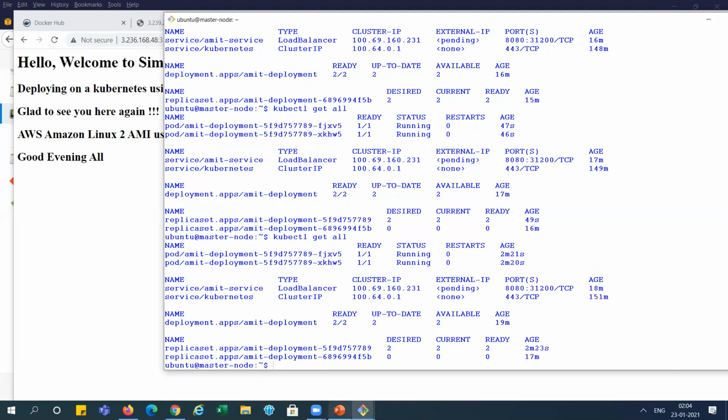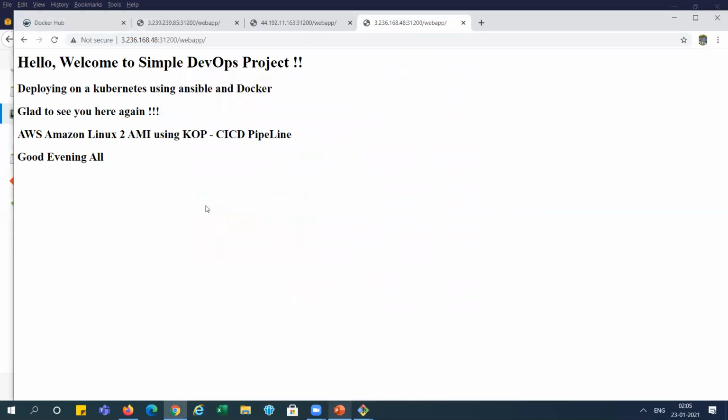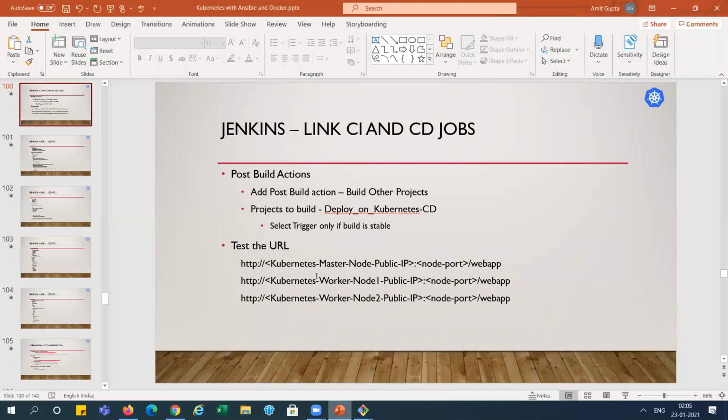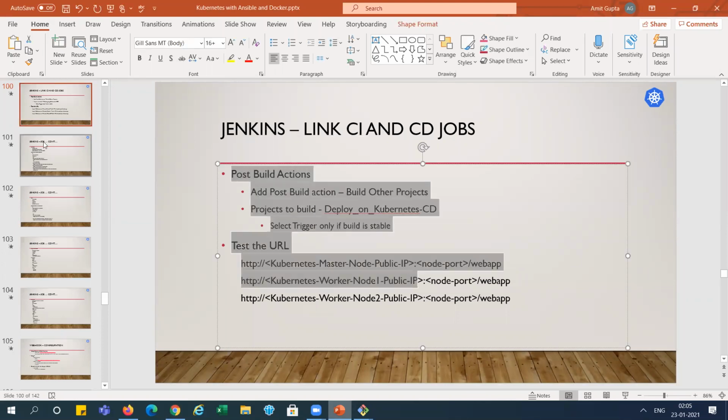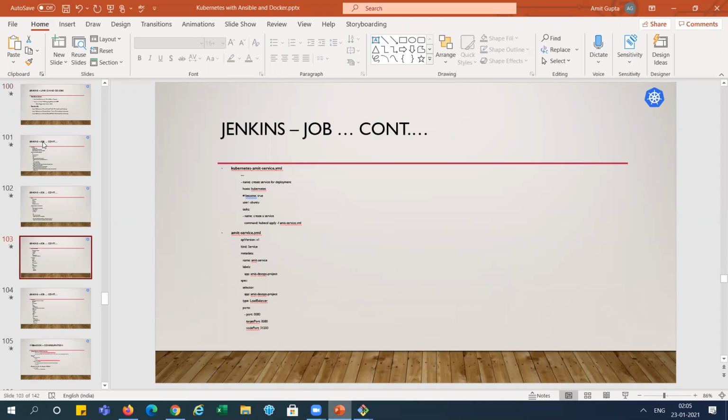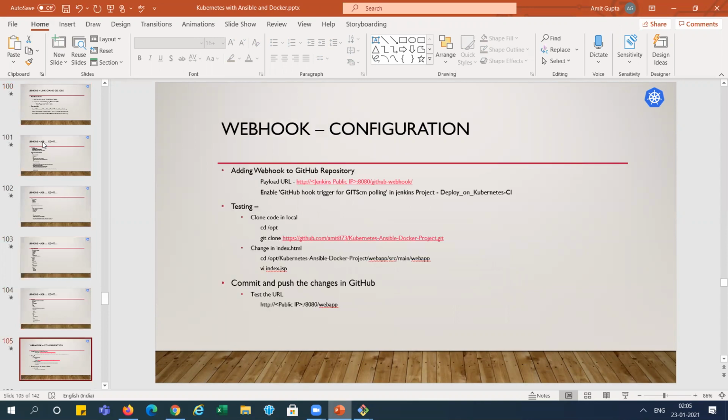So you can see the same thing is showing. You can see now it is showing 2 minutes 21 seconds, right? See, this is the new deployment, and the changes have been done, right? So we have completed this end-to-end demo. We have completed automatic deployment for those things, and on the AWS instance, this we have done.